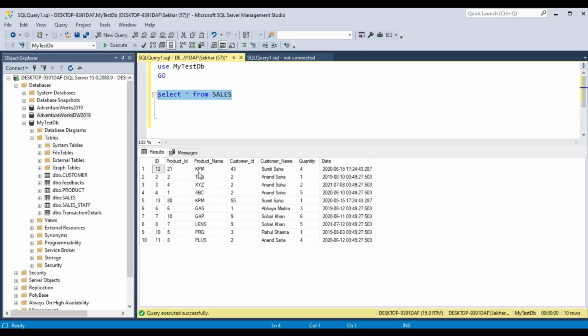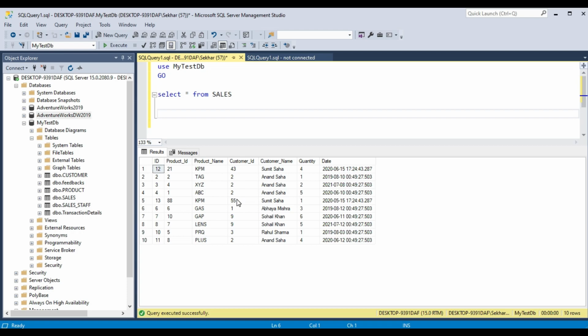This table has customer ID, product name, quantity purchased and date of purchase. So this is just the definition of the data in our table. We'll write a sample group by query and then we will use having to check how and when we can use it.